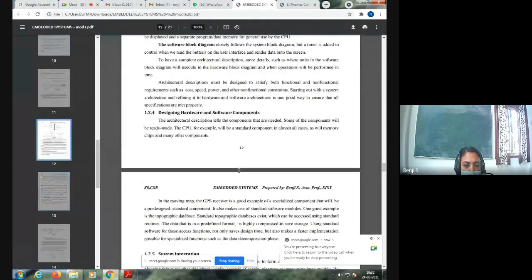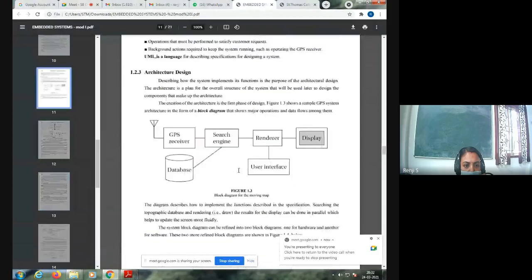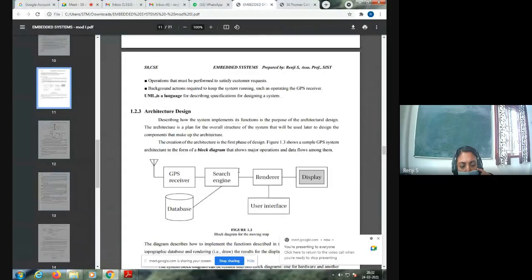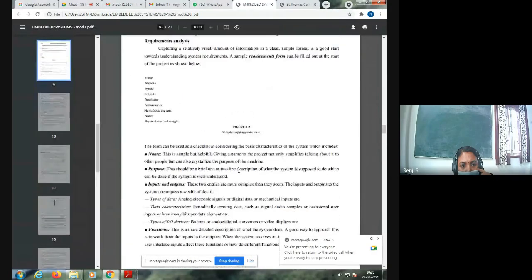The 5 steps involved in the design process were completed in the morning. The 5 steps include